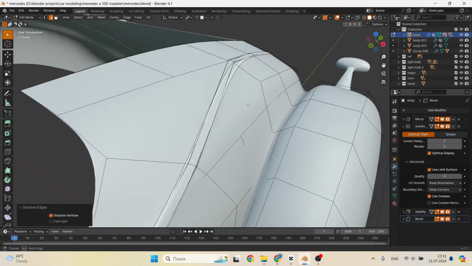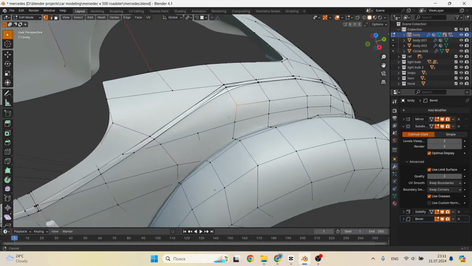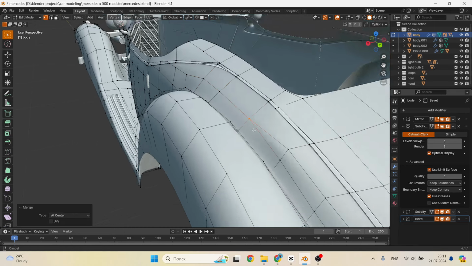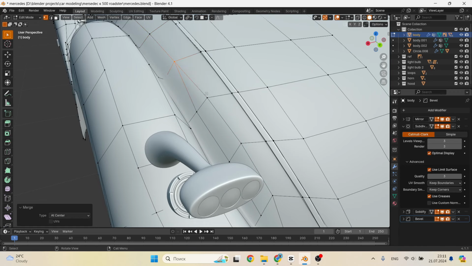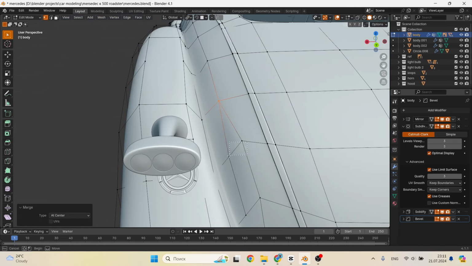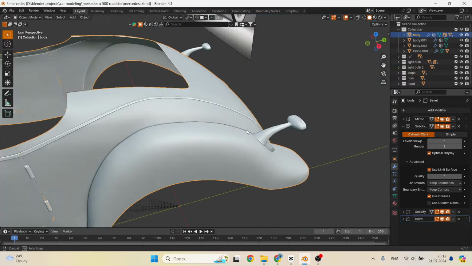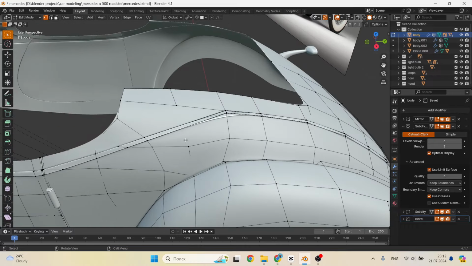We need to reduce their number by dissolving and by merging in the center. Nothing super complicated. It remains to combine a few more vertices using J and whoosh, and it is already much better. Isn't it?